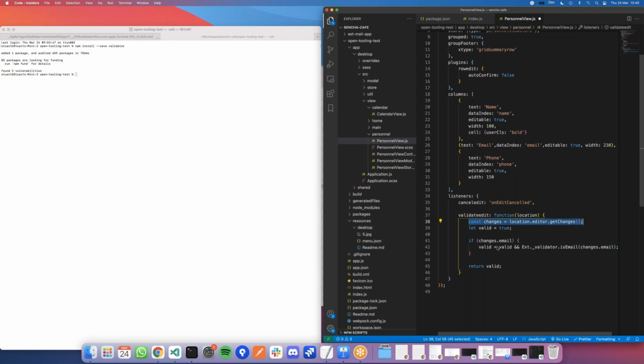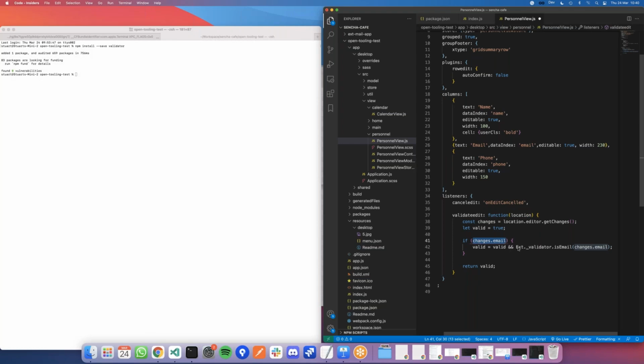So we say let valid equals true, and we can check if the email has been changed, and if it has been changed, then we can call our validator package, and it's got its isEmail helper function, and pass in our email. And so that Ext._validator is the validator package that we've imported from npm and imported into our application. So with that in place, we can refresh our app,